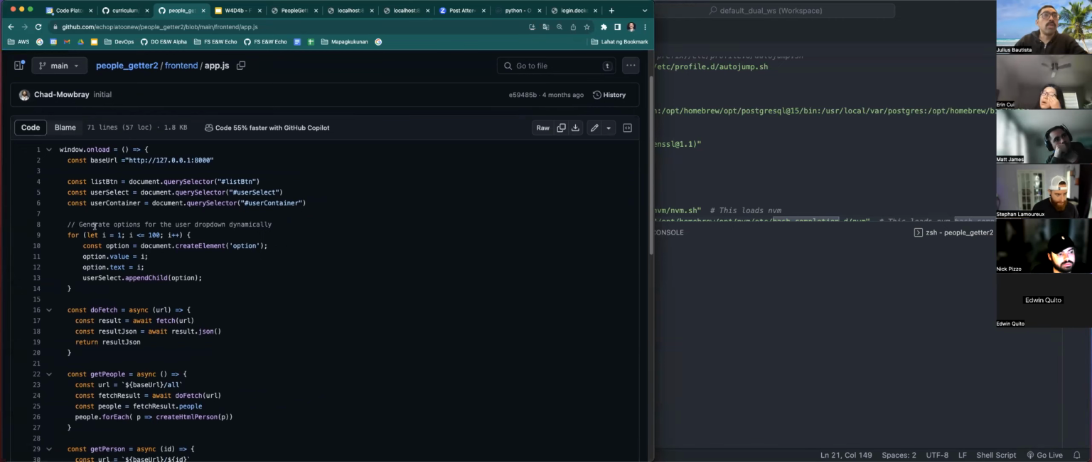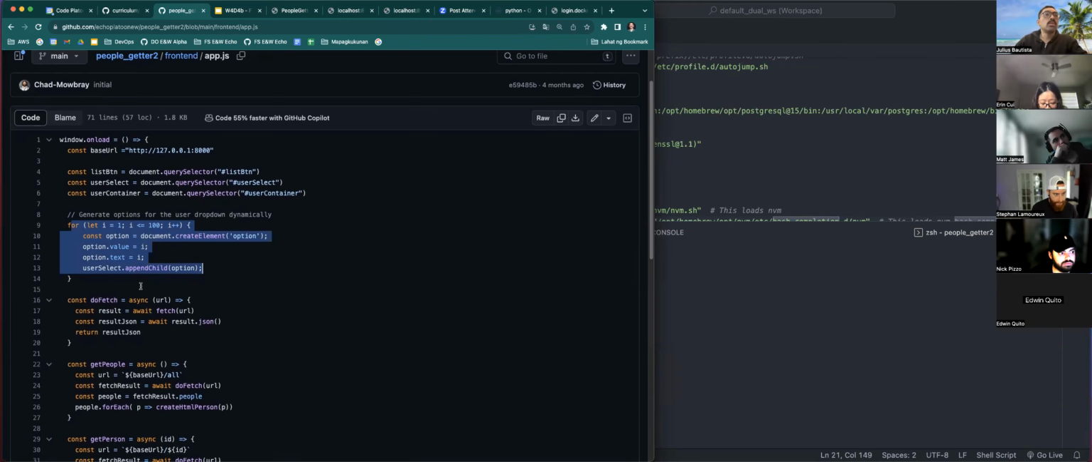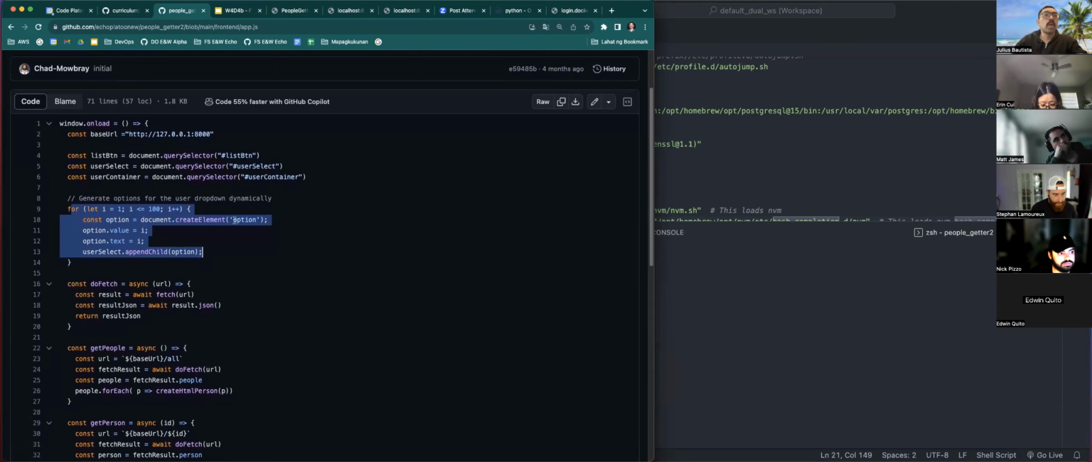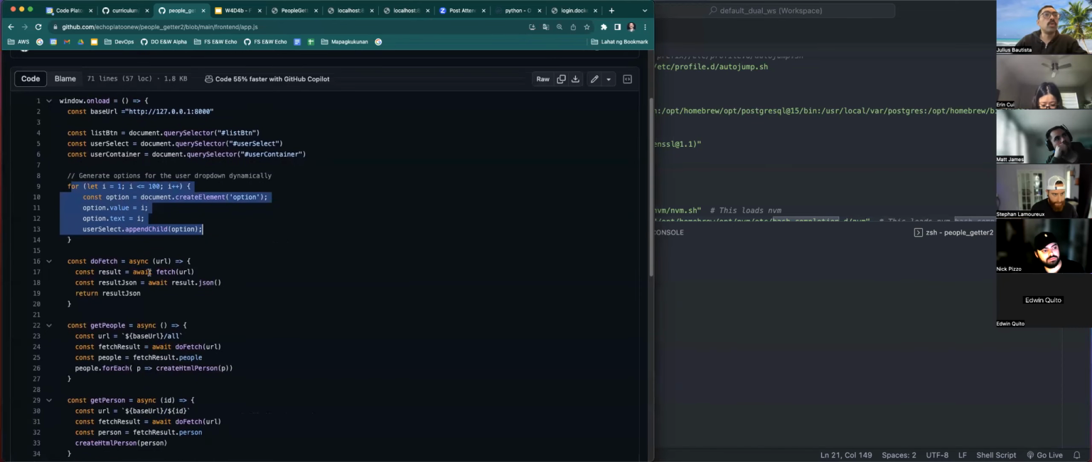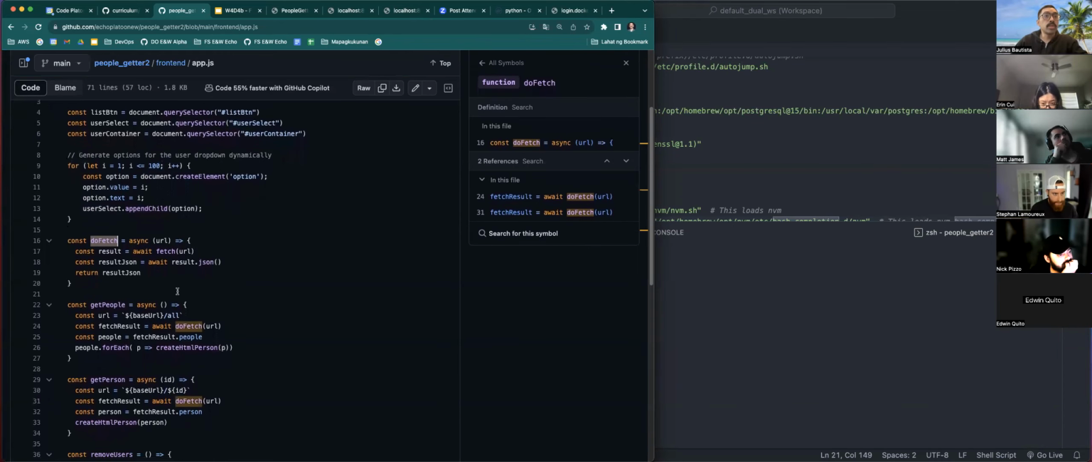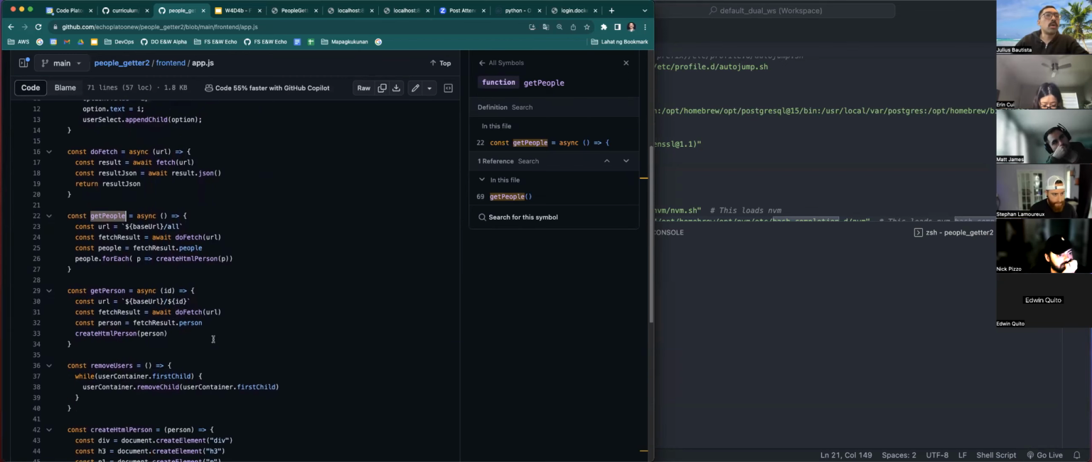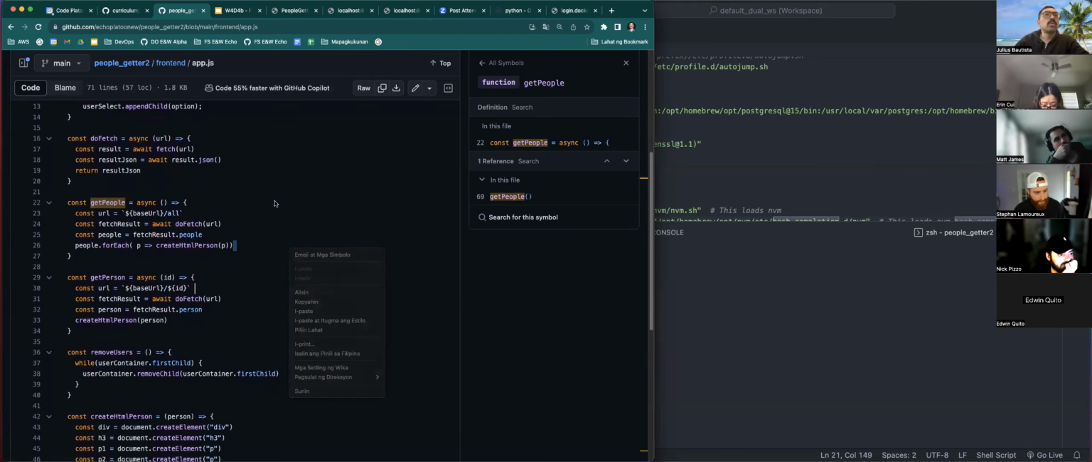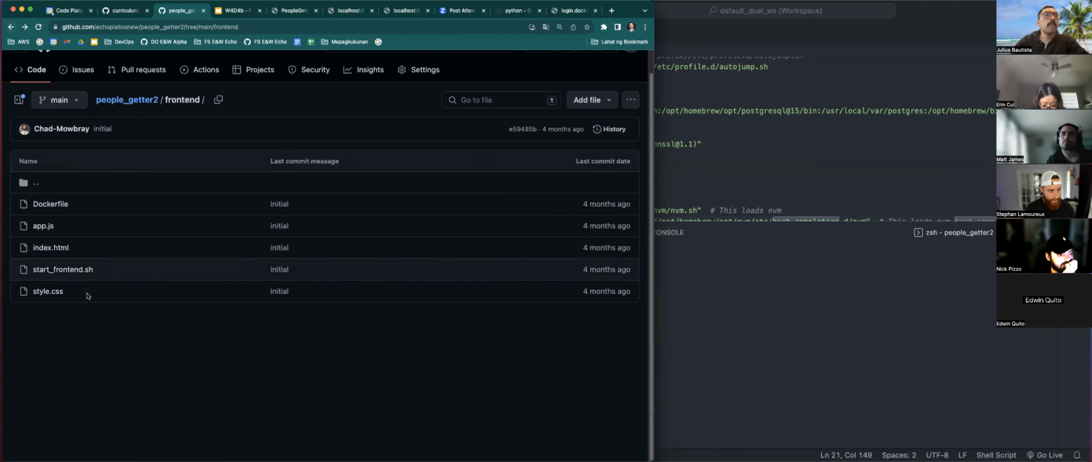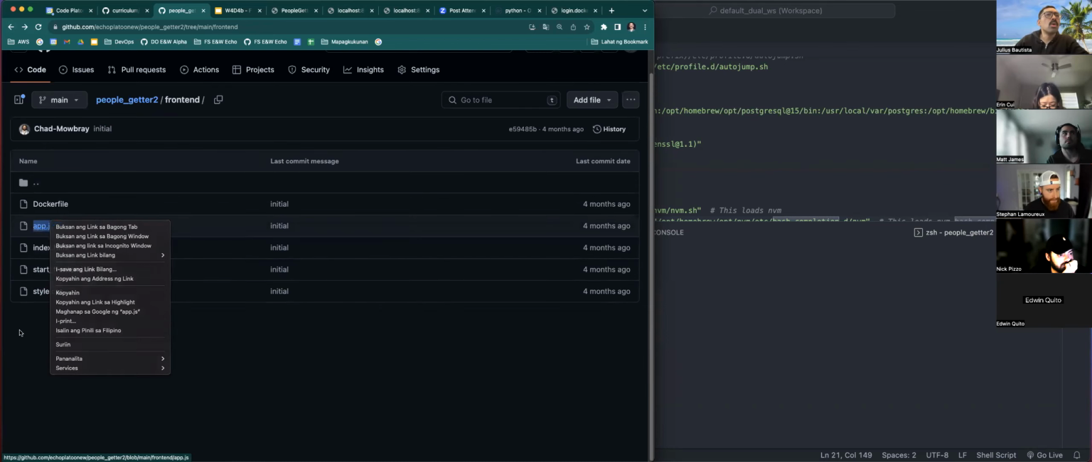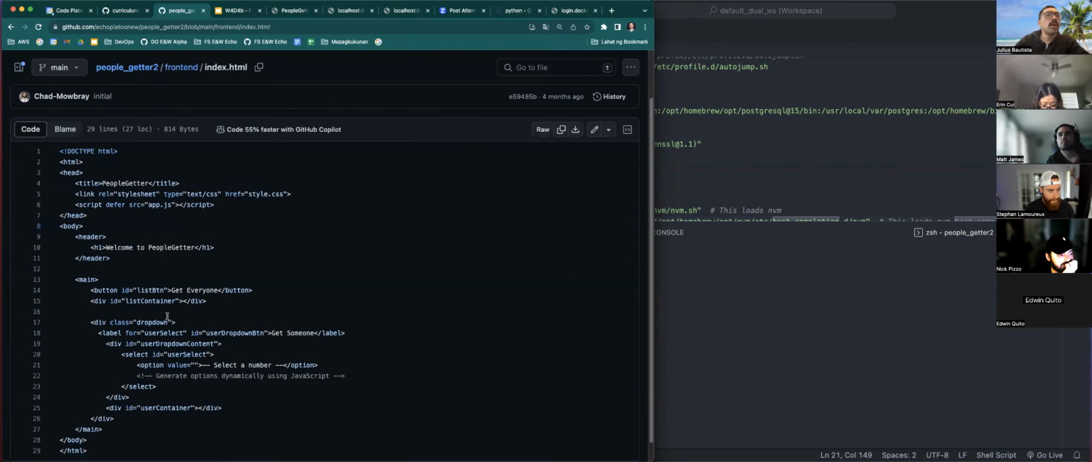We could see here that we're going to be able to iterate through the database entries to create a dropdown for you to view. It will be able to fetch, it will be able to get people, and these functions are going to work alongside what's defined in the HTML,